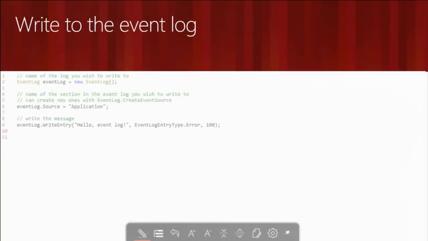Writing to the event log. I want to talk about this too because there's some catches here. So here we're writing to the event log, but before you can write to the event log, you have to register your application with the event log. In ASP.NET,